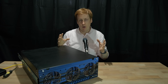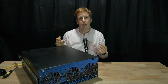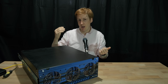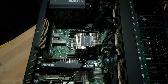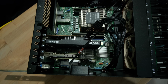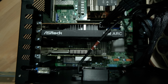So for the most part, I'd probably say that the CPU isn't too much of an issue. Most home labbers are only going to need a modest CPU. You're more interested in things like RAM, so how much you can actually run on this machine, as well as things like storage space, but also the potential for peripherals. And that's where something like this device comes in, in terms of it's more of a workstation. That uses things like Xeon and Threadripper processors, and it also uses that workstation motherboard, which has the benefit of